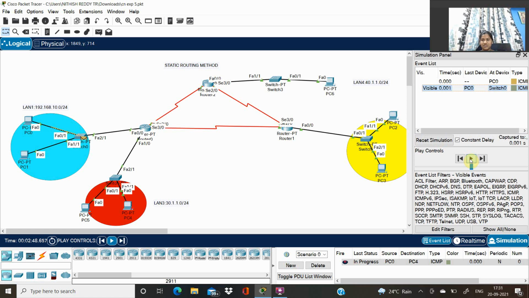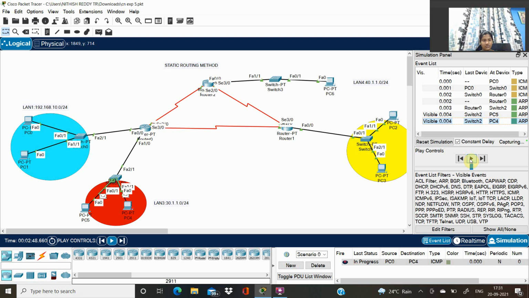It is sending from PC0 to switch 0, then from switch 0 to the router, from the router to the switch, and from the switch to PC5 and PC4.